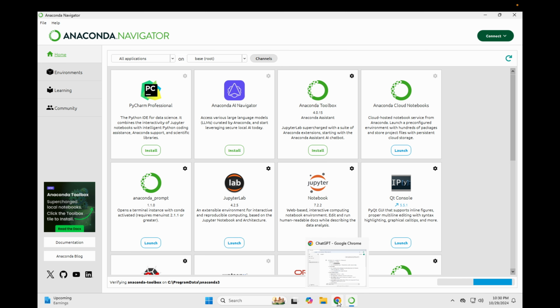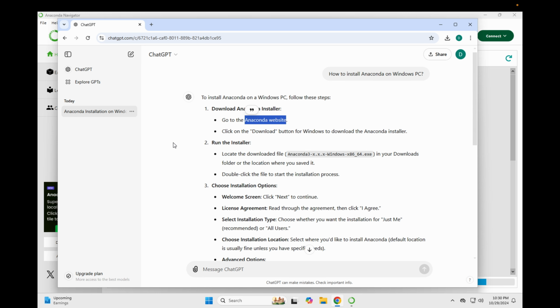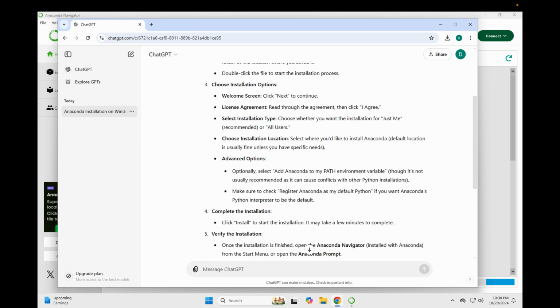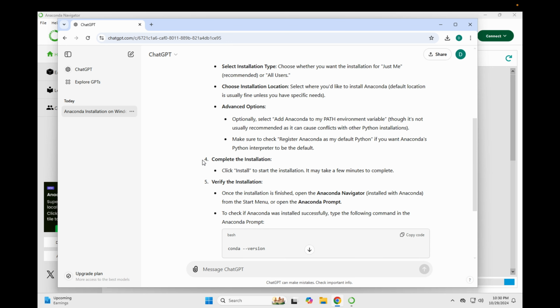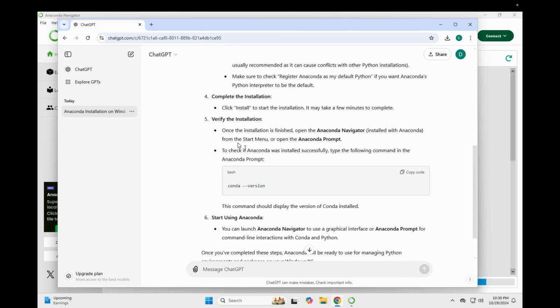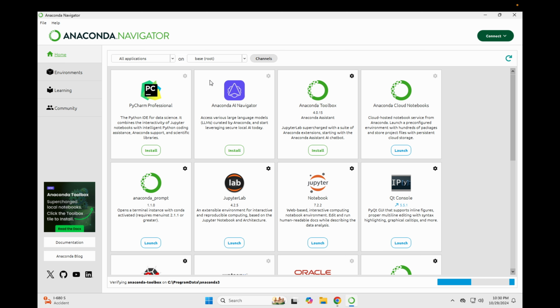Let's go back to our ChatGPT helper to see what it says. So run installer, we have done that. We have actually completed installation. To verify that, we can open this from the start menu or open the Anaconda prompt. So going back to here, we want to open this one. So if we click on launch,